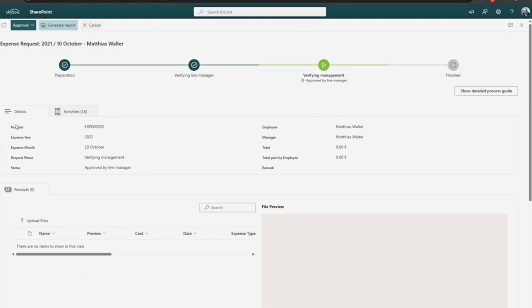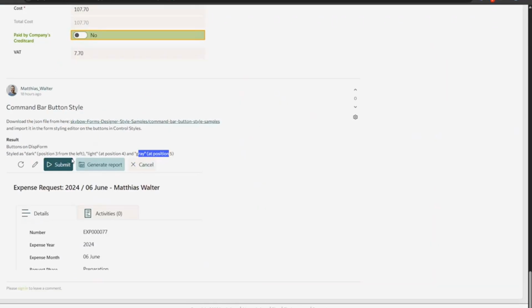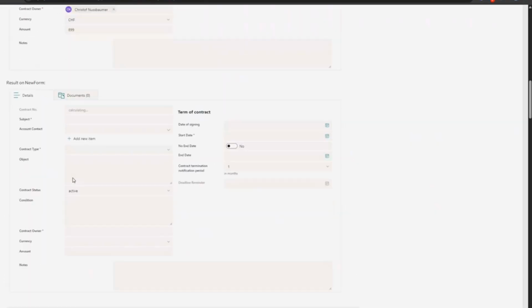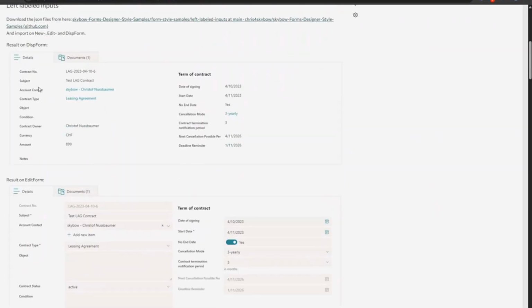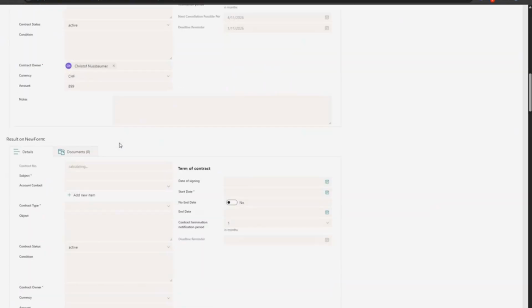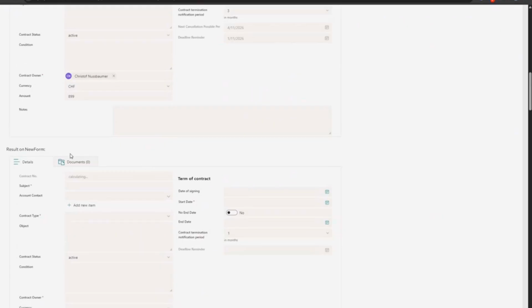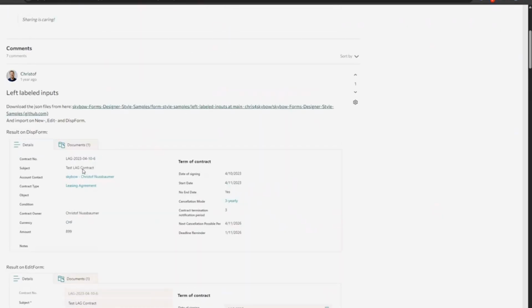Second last is this left, right, or left labeled look and feel. By default, you have all the labels and the fields below each other. And we implemented a style which is also available here. I think it's one of the first here, to get at left, right. It's with 30 and 70%, a percentage that can be downloaded here as well to get that